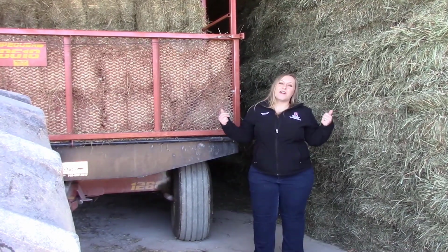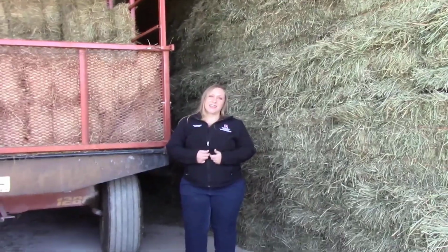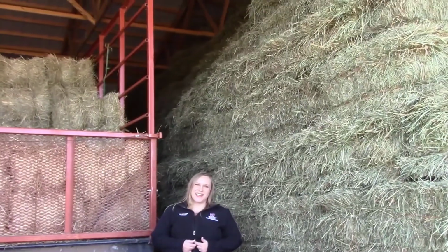So in this barn we have both first and second cutting squares stored. And